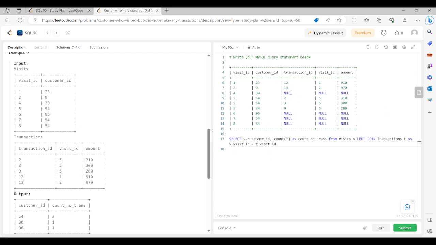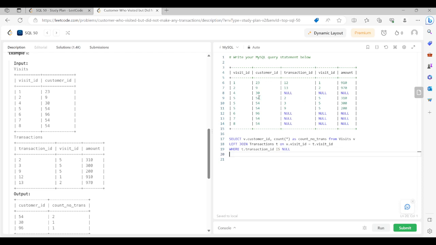So now, in order to get the number of people that visited without transacting, our next clause will be where T dot transaction ID is null. Then with that, we want to group